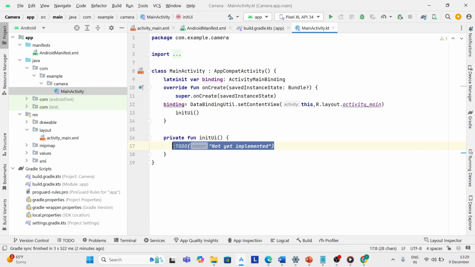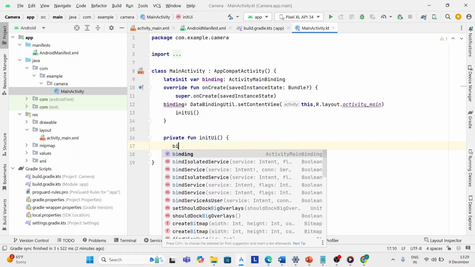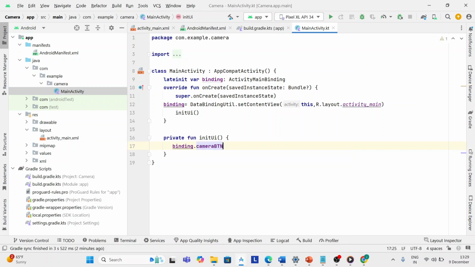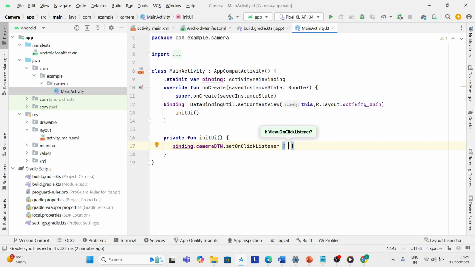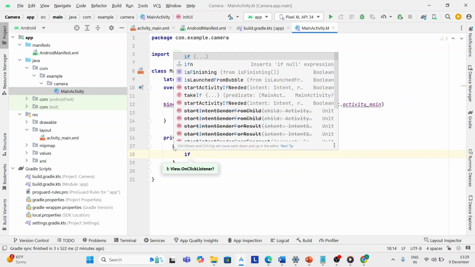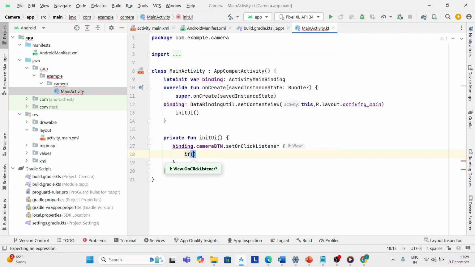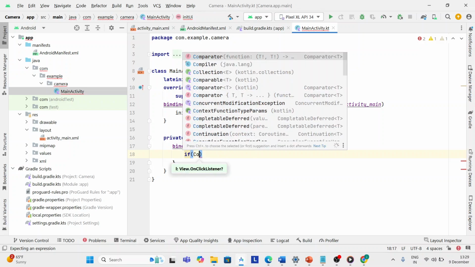Now here I will perform binding.cameraButton.setOnClickListener. So inside it, I will write if